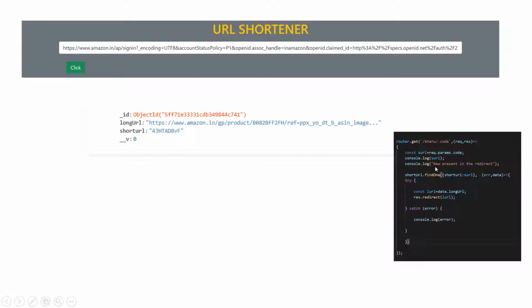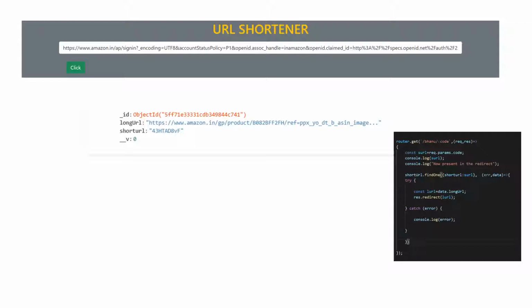The logic is like this: we will give back the host name slash the short URL. So for this very long URL, what we give back in return is our host name, which is http://localhost:3000 slash this short URL. That is the URL which we will give back to the user.